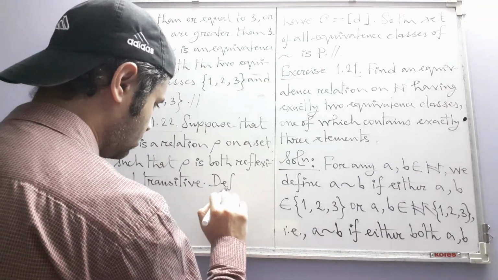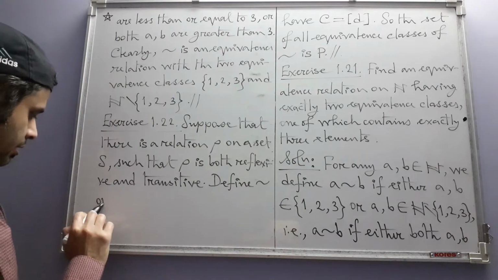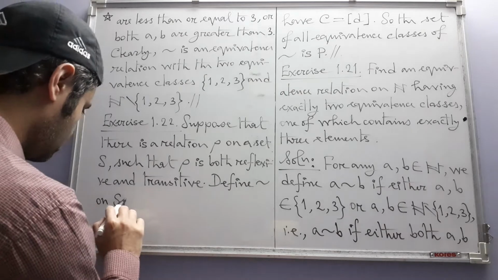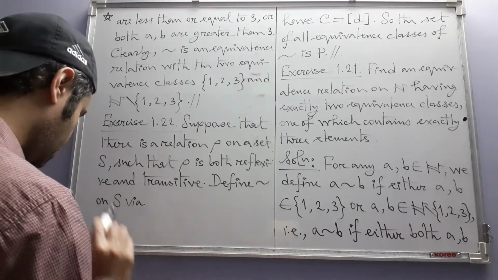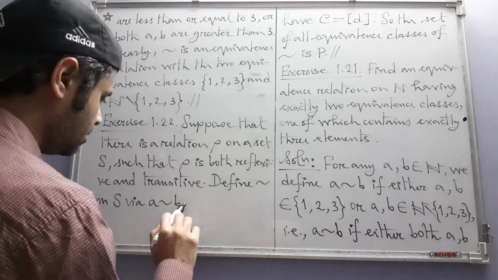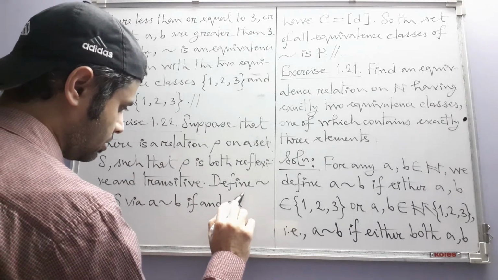Define another relation tilt on S via this rule: A is related to B if and only